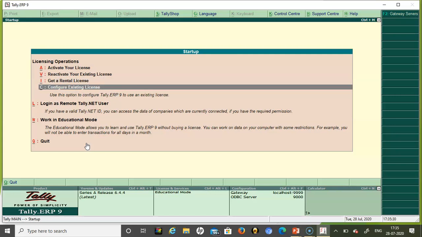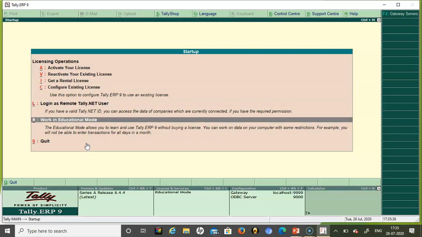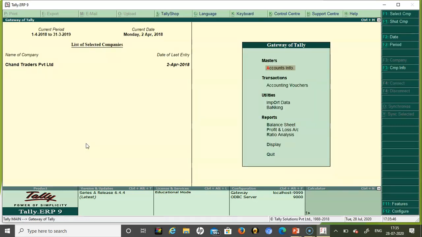As we will be working in Tally in educational mode only, you shift the cursor and highlight the option to work in educational mode, or you can press Alt W, where your primary screen opens, which is the Gateway of Tally. This is your main screen.